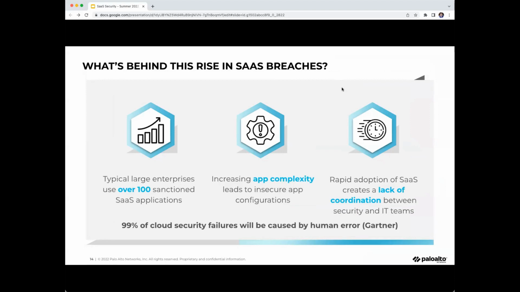The first one is the number of apps that enterprises are using. The average large enterprise is now using over 100 sanctioned SaaS apps, with each one of these apps being very unique. And so it becomes really hard for a security team to keep up and make sure that everything is properly configured, which then leads to the second pillar, which is that each one of these apps can be configured in a very nuanced way. A lot of the times the security settings are not optimized for security teams. And so this increased app complexity can cause settings to be configured in an insecure fashion, which ultimately can lead to a misconfiguration. And then the third pillar is that